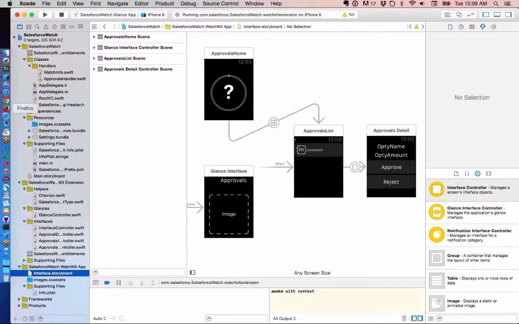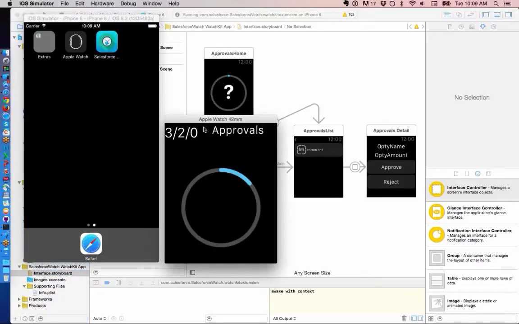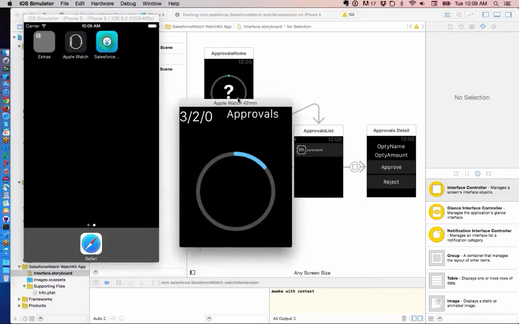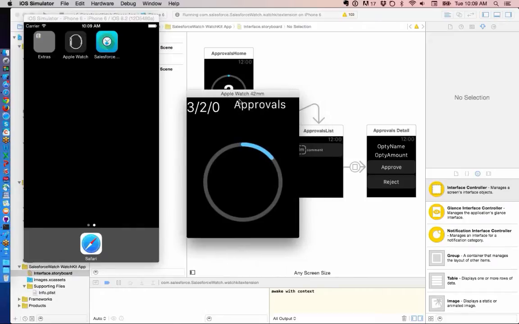Just give it a moment to kick off, and my simulator will pop up in a minute. So here we go. You can see here on this screen, right in the middle of the screen, this is what we call a glance. A glance is very read-only. In our instance, we're showing the number of